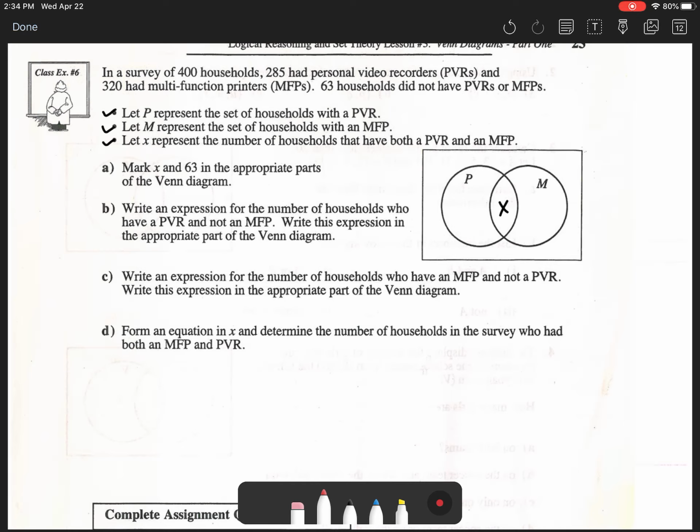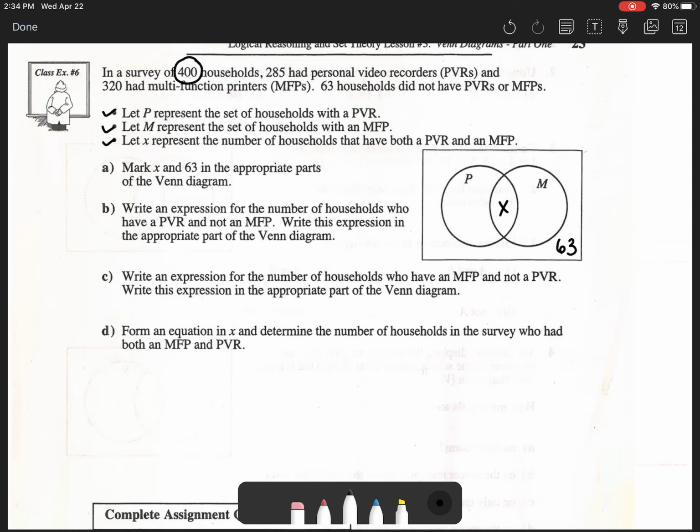And that's what we do in any question when we do not know what the middle portion is, or the intersection of those two. I just put an X or an unknown variable there. So A says mark X and 63 in the appropriate parts of the Venn diagram. Why the number 63? Well, again, that was the number that did not have either PVRs or MFPs. They are still part of the 400 households, but they didn't fall into either circle, so 63 goes on the